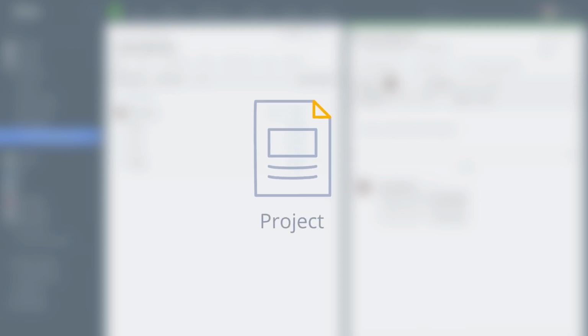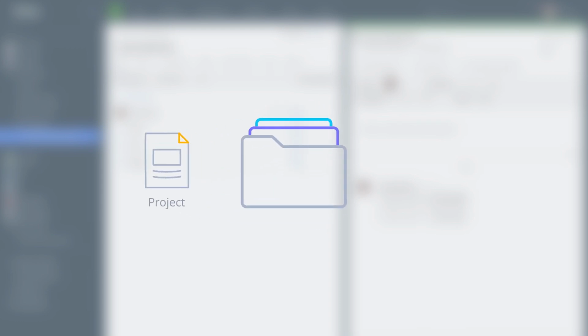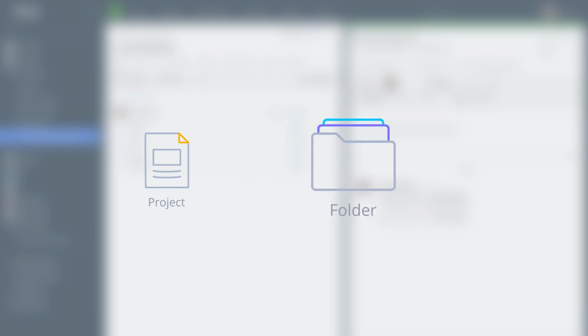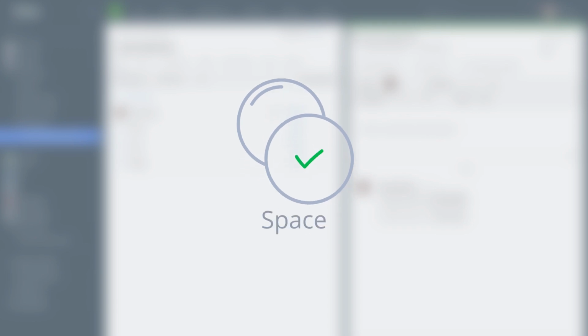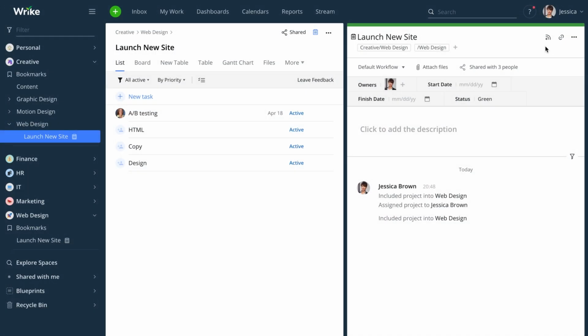If you have an initiative with a start and end date, use a project. If you just need to group tasks together, use a folder. And if you need to gather all the items relevant to your team in one place, create a space. You can also use a project to report on progress. Our reporting feature allows you to report on projects and tasks, but not folders or spaces.